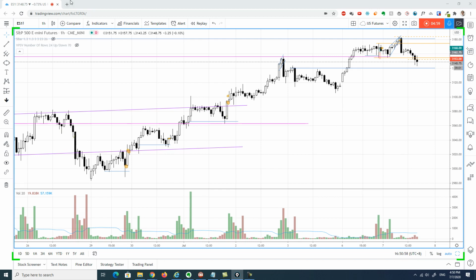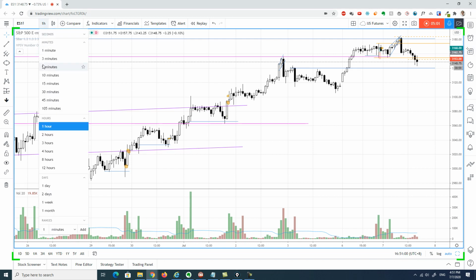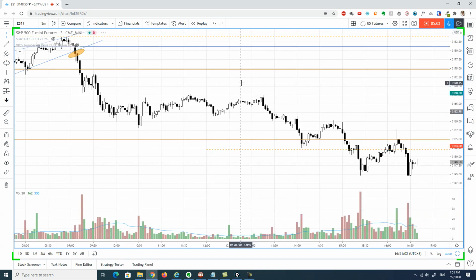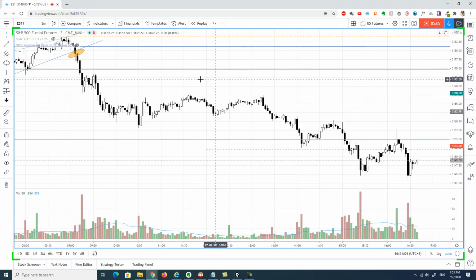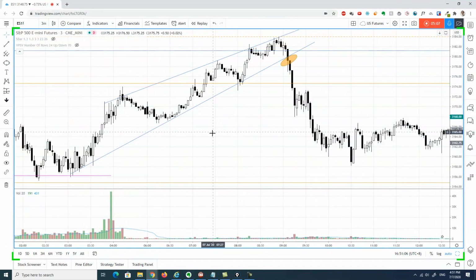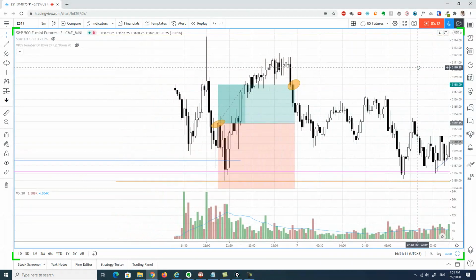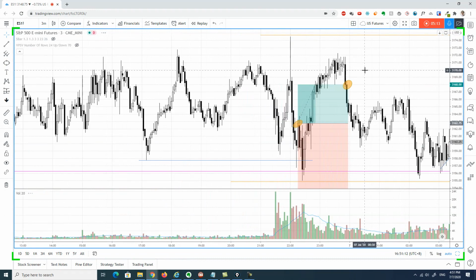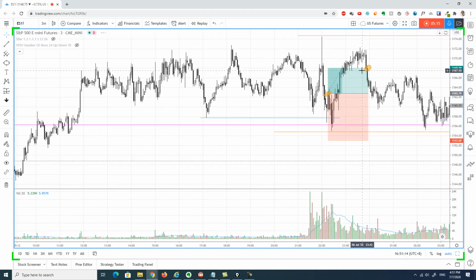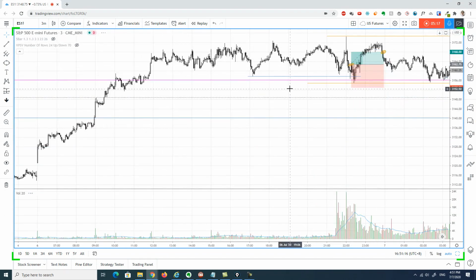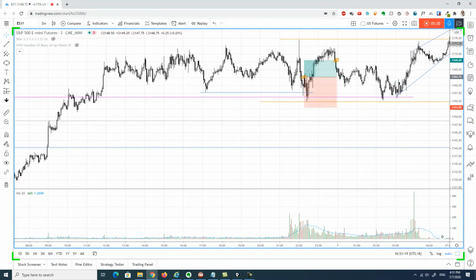So before I do that, let me just get down to the M3 time frame for a trade review that I initiated during the US session. Okay, so you can see that I have already marked up my trade here. If I zoom out a little bit here, you can see that this US session is actually quite a